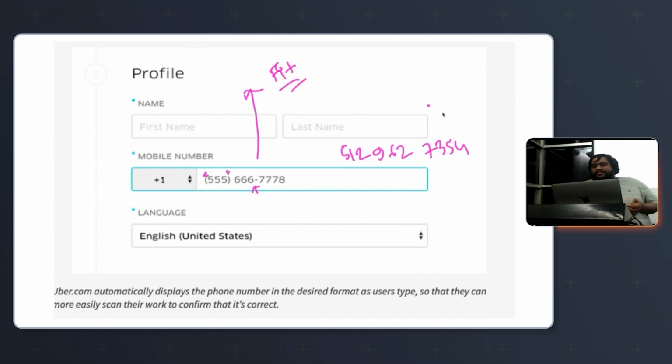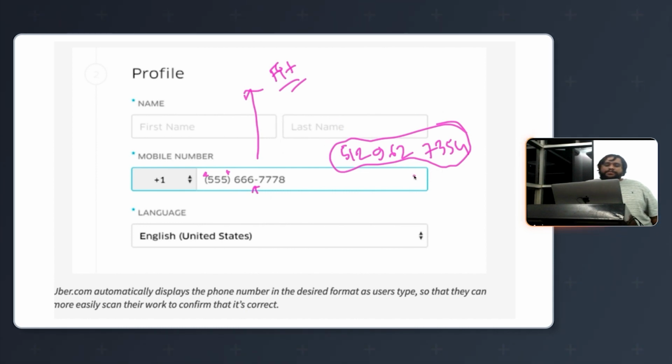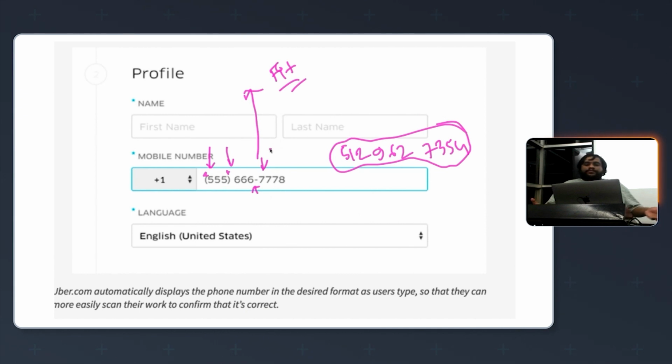5129627354. This is not very easy to read, and it's very difficult to differentiate the area code and the actual phone number. What you can have in place is that as he types along, you automatically insert those brackets and dashes to make it more readable. And rather than trying to enforce a format, you auto-enforce it. You just make it a bit easier for the person who's trying to